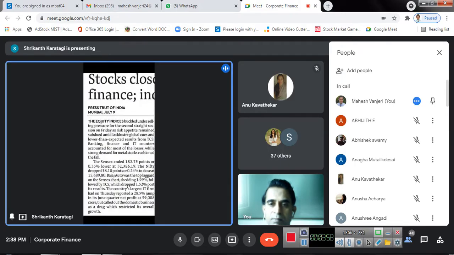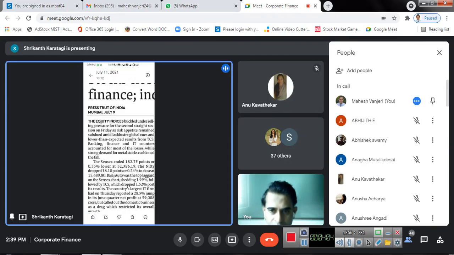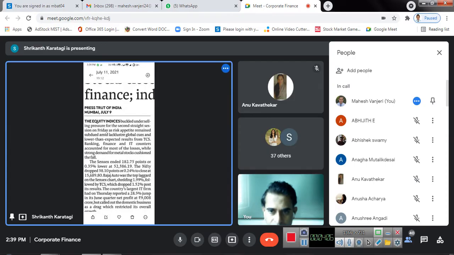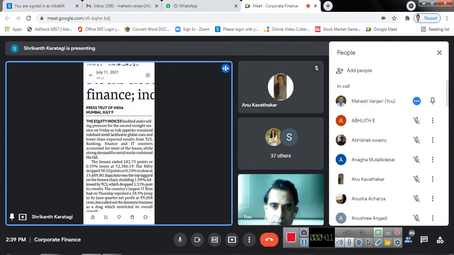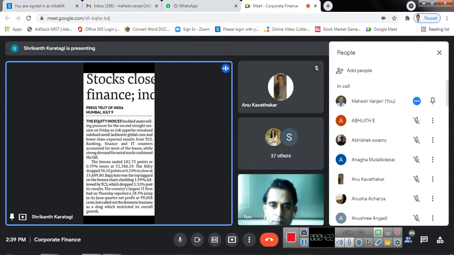The equity indices buckled under selling pressure for the second straight session on Friday, with risk appetite remaining subdued amid lackluster global cues and lower than expected results from TCS. Banking, finance, and IT counters accounted for most of the losses, while strong demand for the metal stocks cushioned the